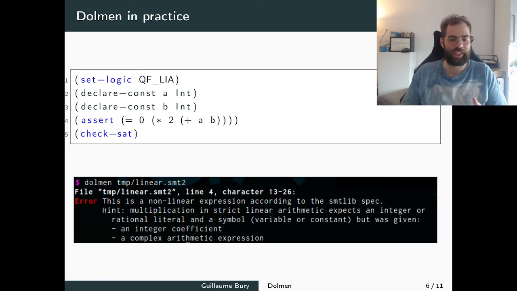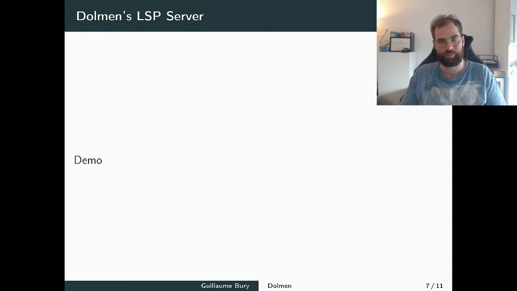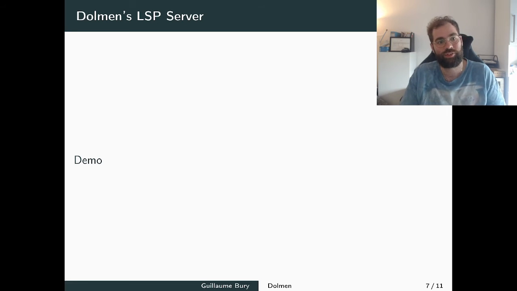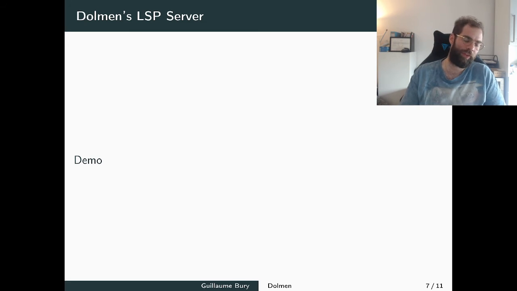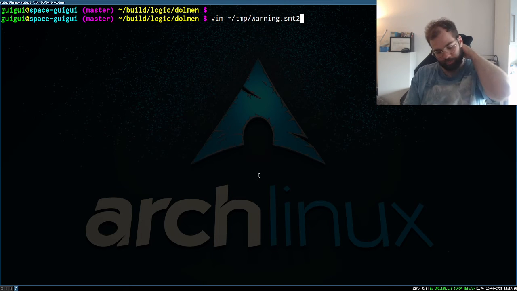Right, so basically, that's a quick overview of how the binary works. We also have an LSP server. LSP stands for Language Server Protocol and is a text editor extension developed and supported by Microsoft, but that's been adopted in basically all editors I know of, so Vim, Emacs, VS Code, and every other editor I think supports LSP. And LSP allows you to more easily implement text editor extensions to have feedback directly in your editor. So if we look at a demo,